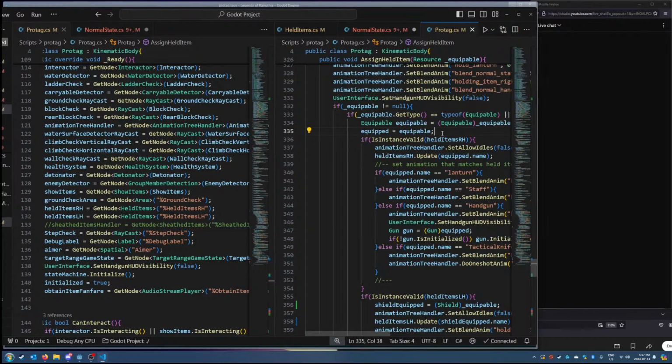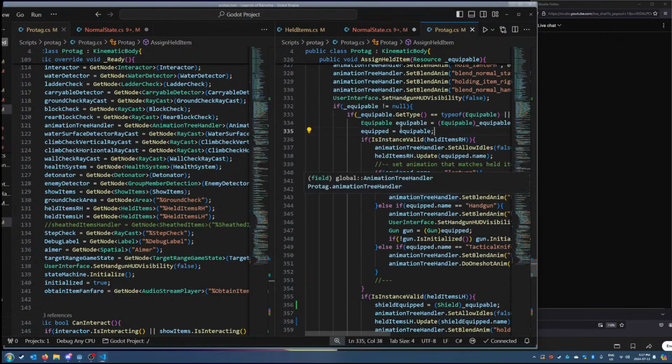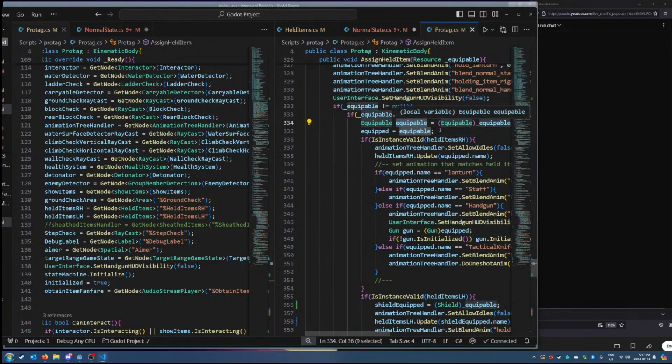Oh man, I'm having regrets of how I structured the classes. I need a better way of drawing distinctions between things that equip in the right hand and things that equip in the left hand, because they're just kind of...